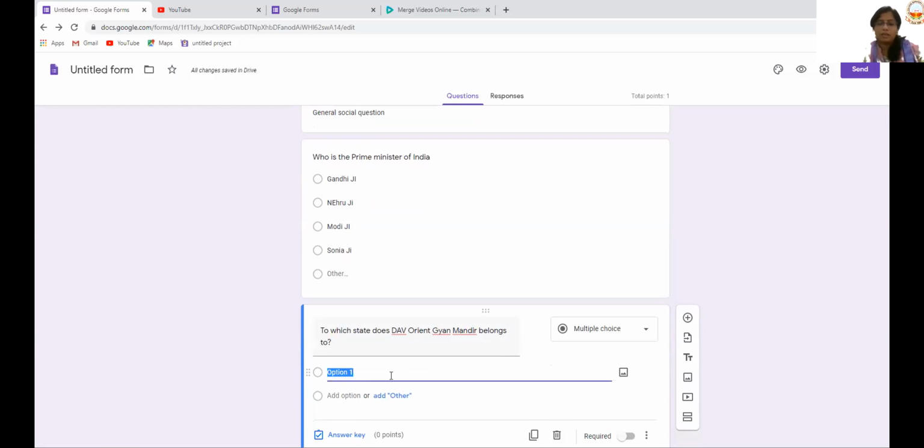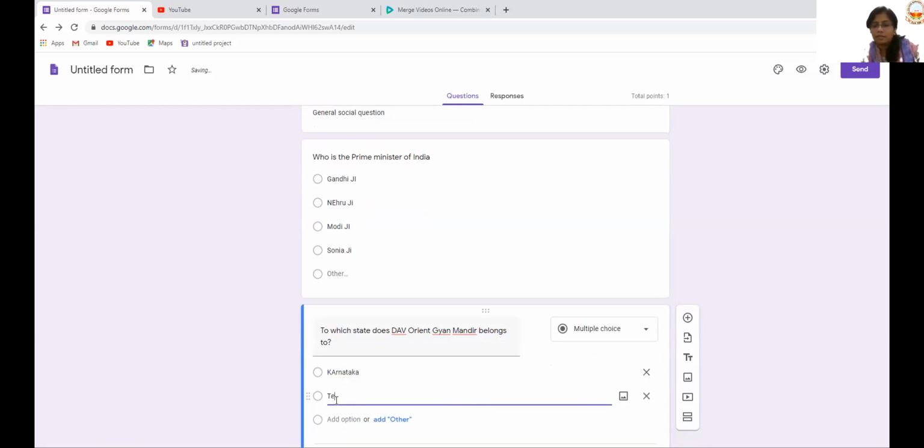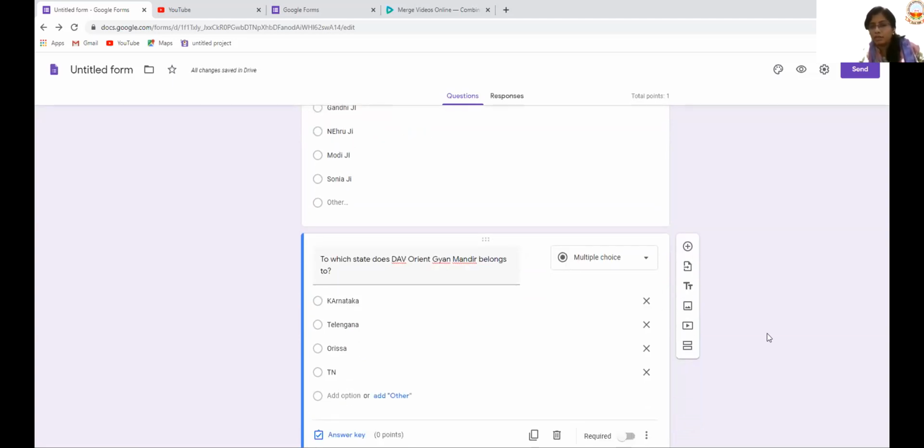Again, my options are Karnataka, Telangana, Orissa, and Tamil Nadu. Okay. This is the way I am putting it across.